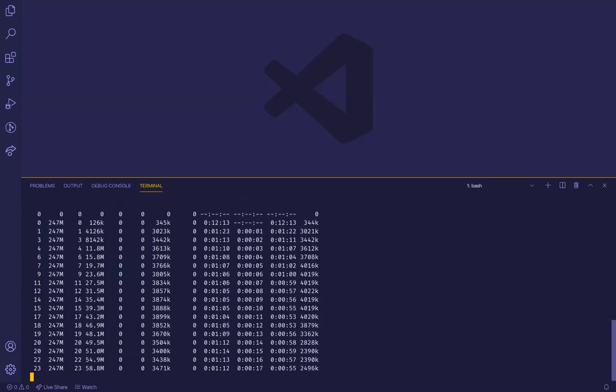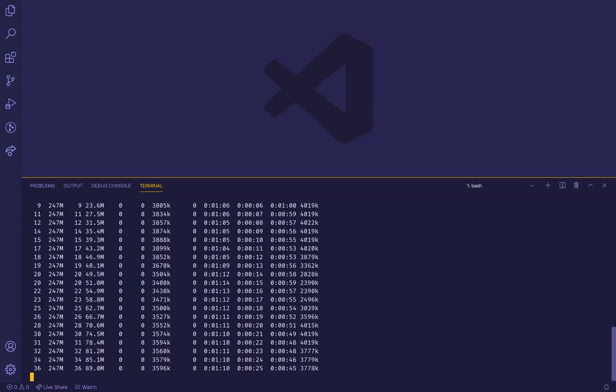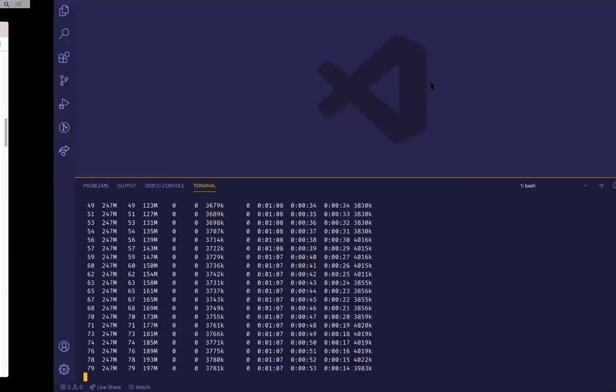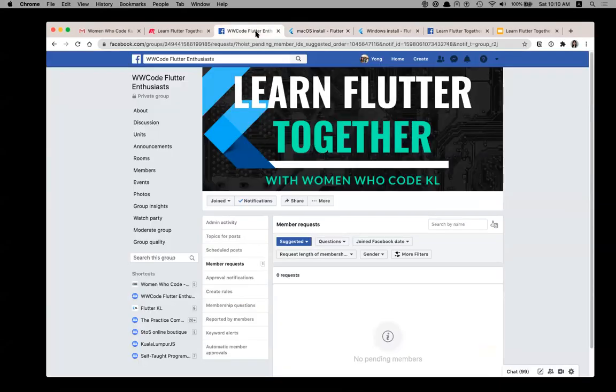Okay, while we are waiting, Raj asked, can we have an overview of what we will be covering for this entire course? Okay, again, this is not a course actually. It is a study group where everyone gathers together to learn a particular material together. So for each week, we have scheduled a different topic or a different code lab that we can follow together. This one I have already posted up in the Facebook group,